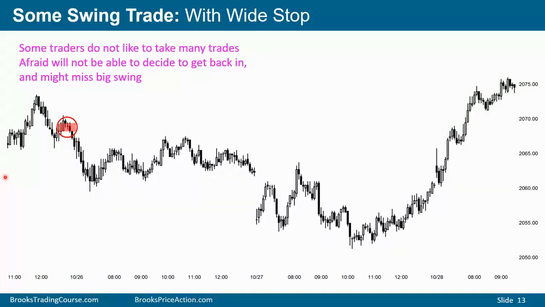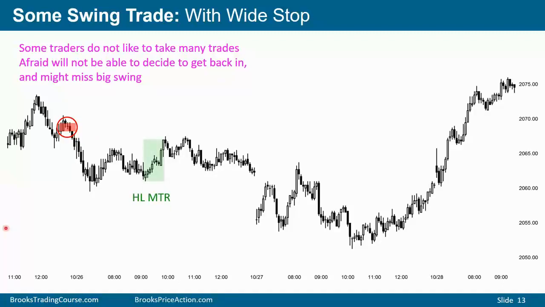A lot of traders do not like to take trades in and out, in and out, in and out. The reason why is a lot of times it's hard to get back in. You get out, you get in, you get out, you get in. After 2 or 3 times you've been scalping, you just run out of energy, plus you become satisfied with the profit that you have. And the result is you end up missing a huge move. And that's one of the reasons why traders should focus on swing trading.